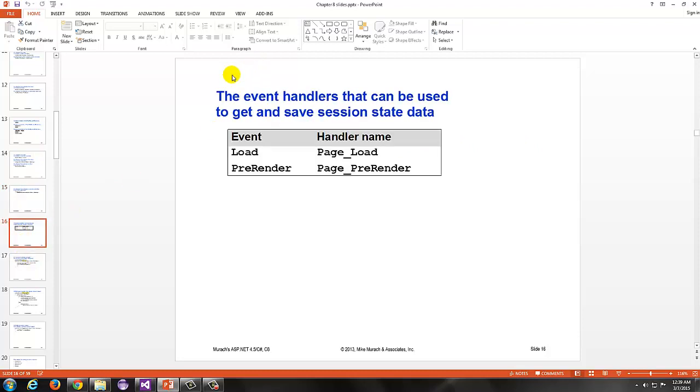Here are a couple of useful event handlers that can be used to get and save data. Load is the name of the event, and Page_Load is the actual handler name. ASP.NET will actually bind anything that you name Page_ followed by the event name. Any of these will be bound automatically. So you can just write that name, as long as it has the correct signature, and ASP.NET will bind it